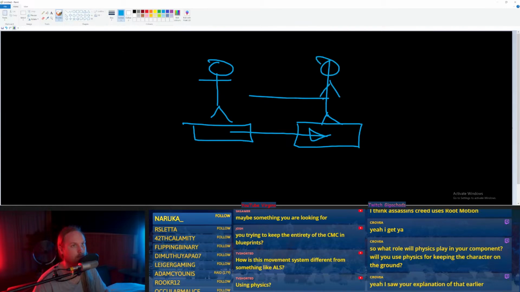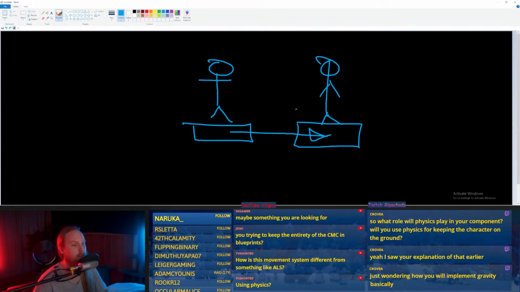But the way that I want it to look and react is that the feet stay anchored, unless it's made of ice, in which case the feet will slide. But basically the feet will go forward, but the pelvis and the head have inertia, so they'll trail behind.